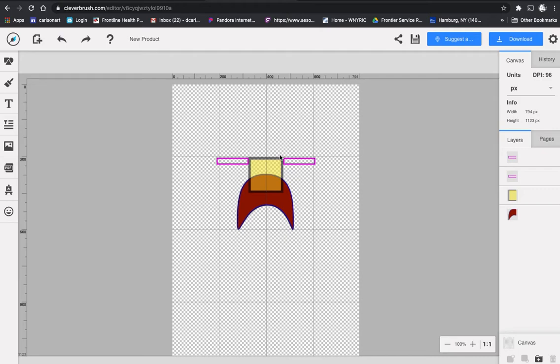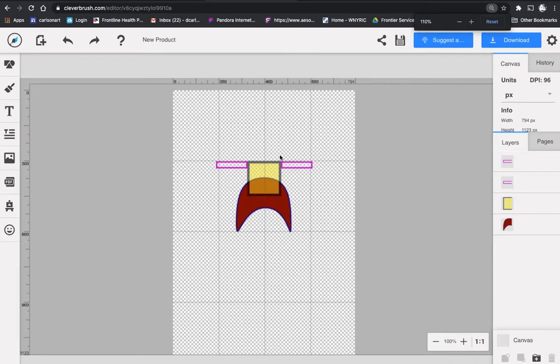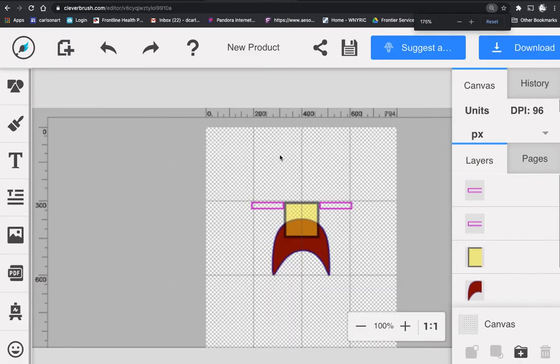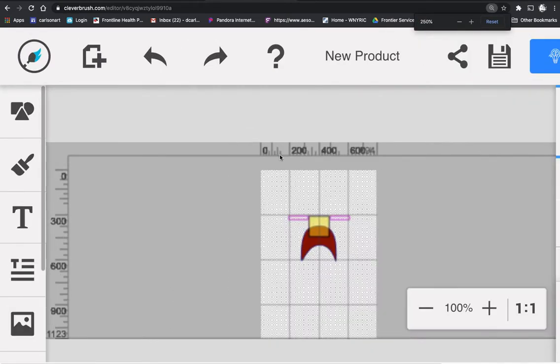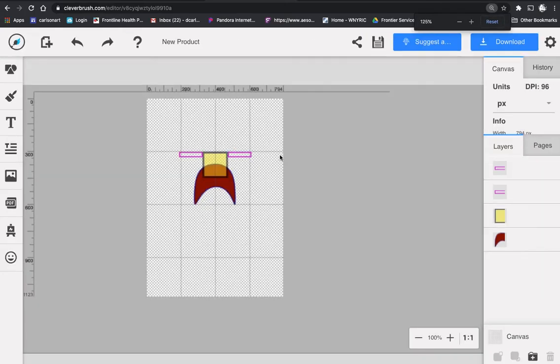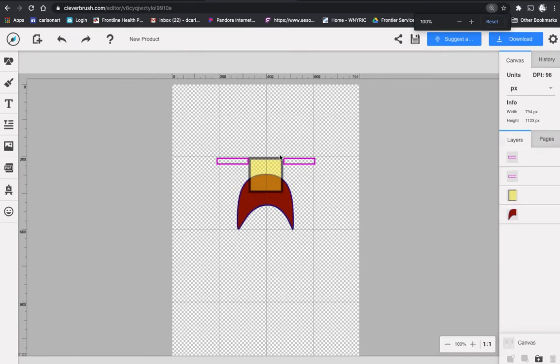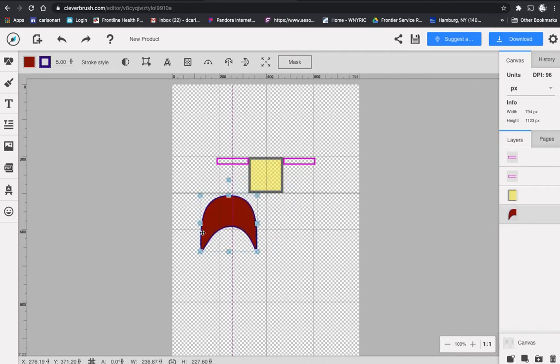Let me try something new. Okay, yep, it does work this way. If you use Command plus, the addition symbol, it's zooming in further and further. So that's one way to work. Let's modify something else. All right, I'm going to come back to this. I edited the path, and we're going to walk through these